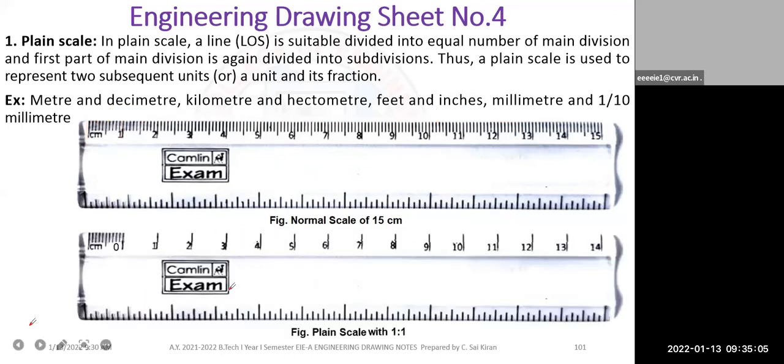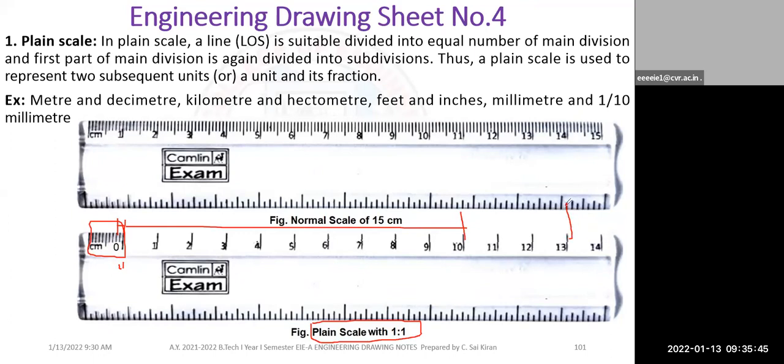If you see here, this is the plane scale with 1:1 ratio. Suppose if I want to measure 10.2, first I'll make 0. This is my zeroth division. So if I want to make 10.2, I will highlight 10 here, and from here I'll mark 1, 2. In the reverse I need to mark, not from here. In the reverse I need to mark 1, 2. So this is my first division, this is my second division. From here I'll measure the 2 mm, and from here I'll measure my 10 mm. So total becomes 10.2.